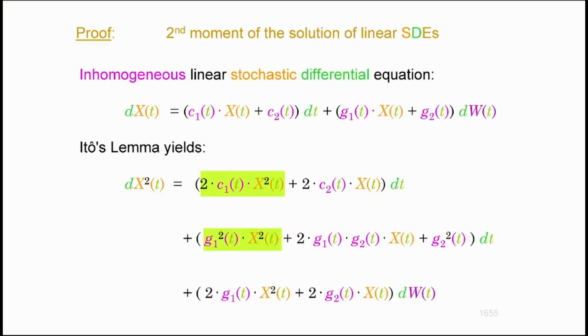These are the squares of x. Then I will need to collect x squared times 2 times c plus g1 squared. Keep that in mind. So I'm going to regroup those, because I want to connect them. Here I got the x's: x times, in brackets, 2 times c2 plus 2 times g1, g2.